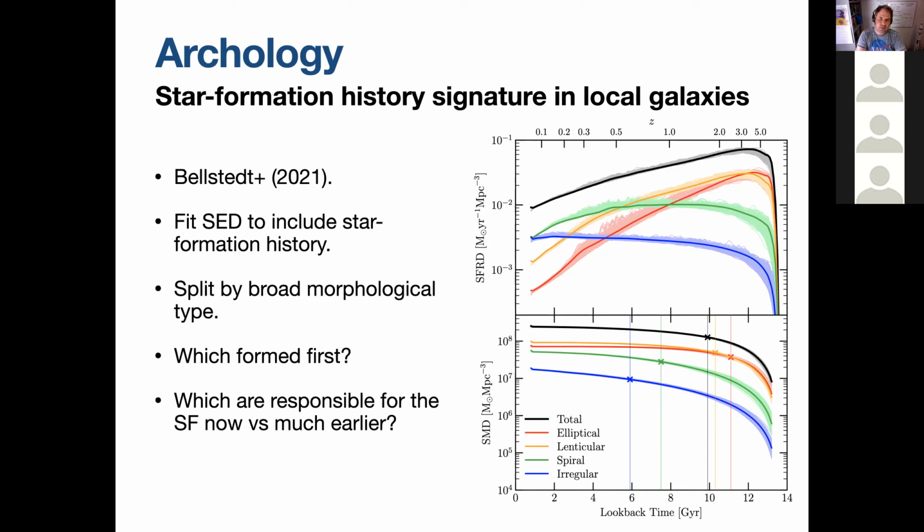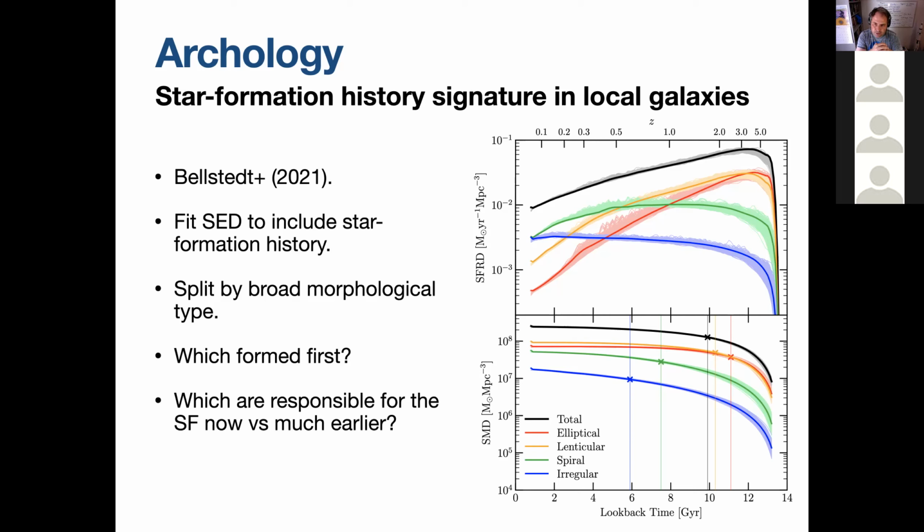And so what you can see here is that she split everything into ellipticals, lenticulars, which is again S0s, spirals, and irregulars. And so as you look at those, you can go, well, what's the star formation rate, right? So the star formation rate seems to decline. That's the top one. That goes down for all of them after 10 gigayears. So redshift 2, 3 is when they all sort of peak. But the total is the black line. The ellipticals are the first ones to sort of drop together with the lenticulars, but the spirals and the irregulars, they're not quite starting to drop as early as redshift 2 or 3, or basically